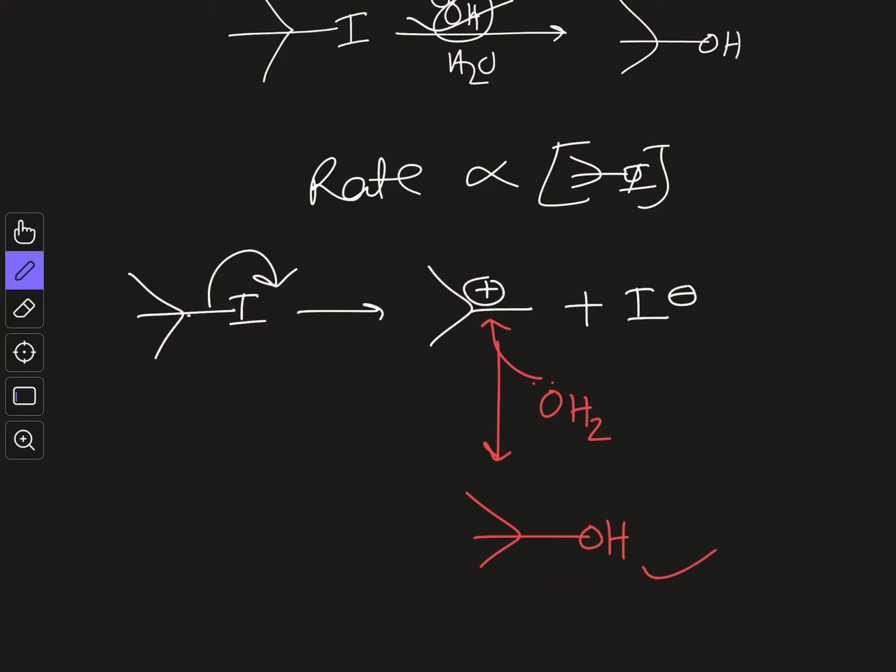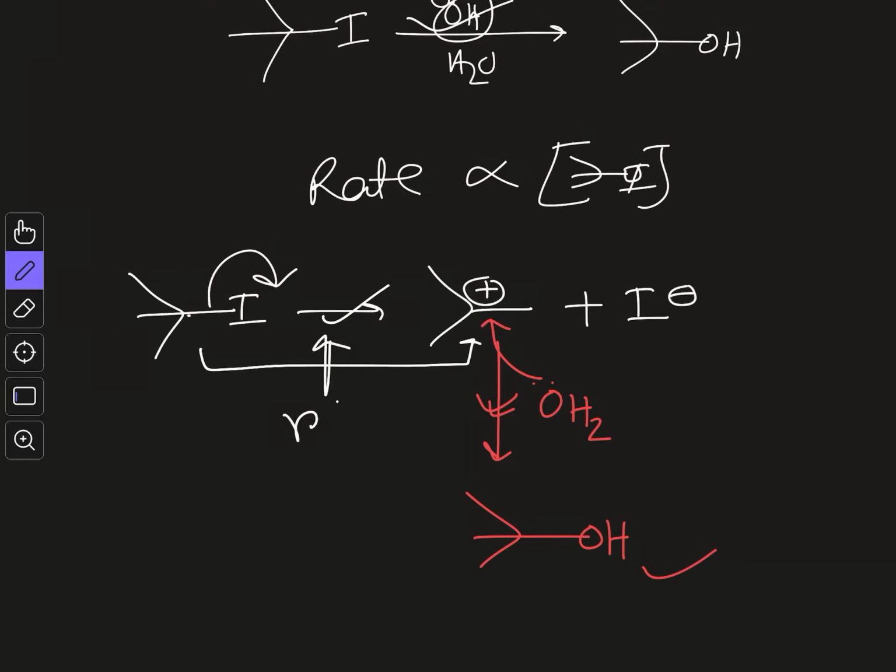First of all, this reaction includes two steps. Red one indicates one step, and the white indicates another step. So two steps are there in this particular reaction. Now whenever you have a reaction which is composed of two steps, there will be one step which is slower than another, or if you have multiple steps, among all the steps one step will be the slowest, and that is called the rate determining step, because the overall rate of the reaction will be dependent on that particular step. And in this case, the formation of this carbocation is the rate determining step, that is the white step is the rate determining step.